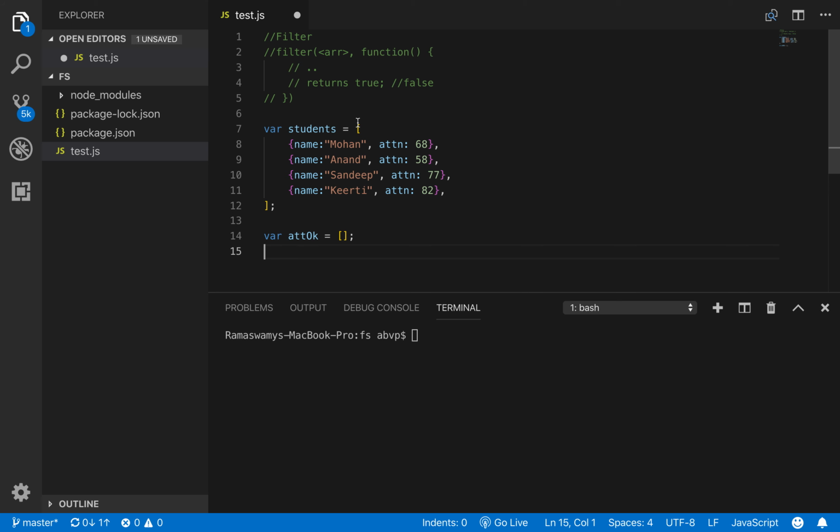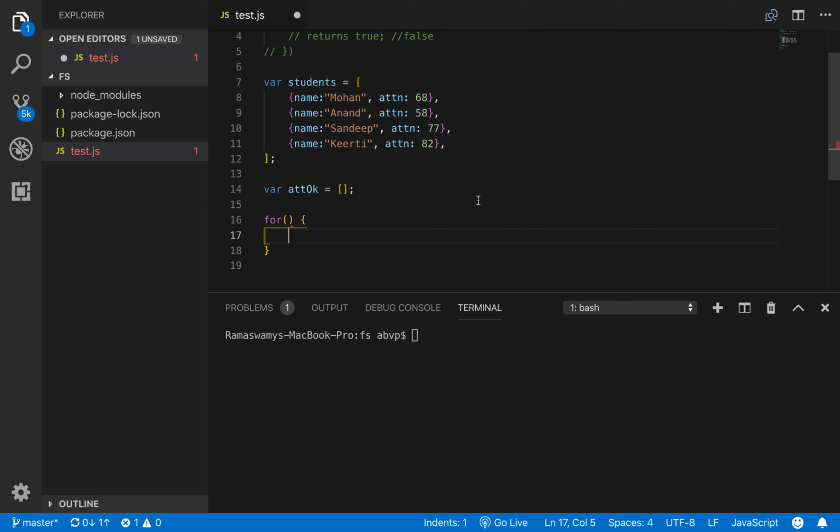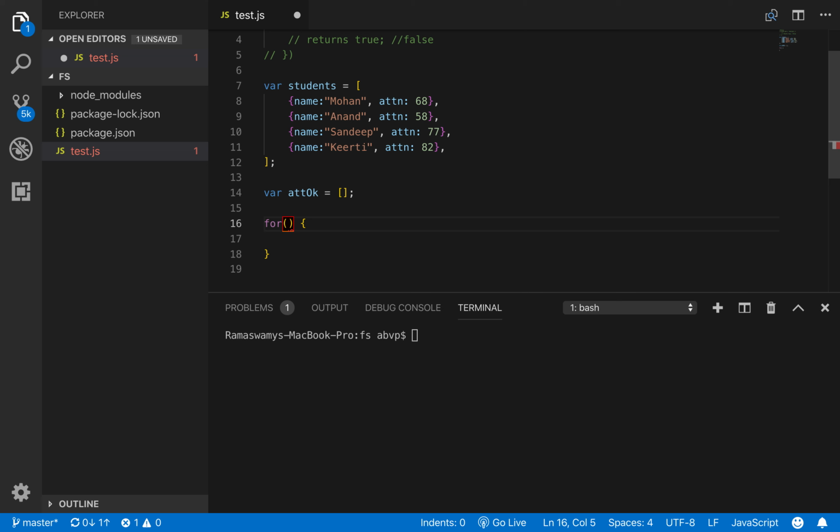So we have our students array with the following students, and then we have an empty array named attendance OK. Now let us make use of the traditional or procedural style using a for loop and iterate over each of the items within the array students.